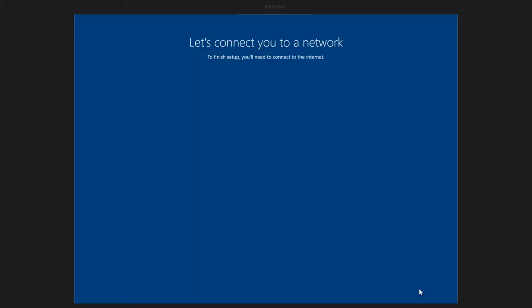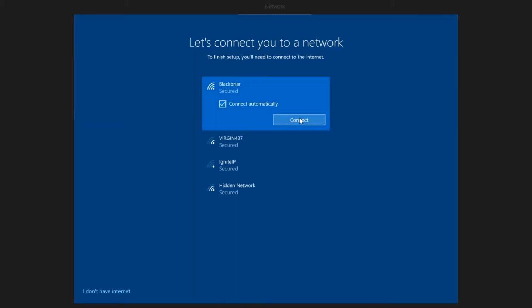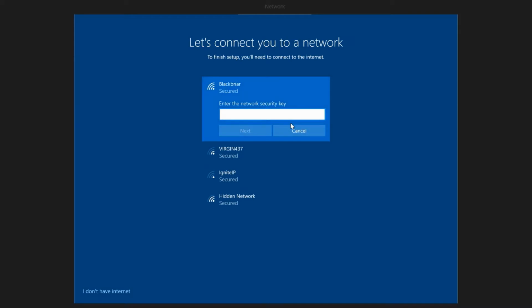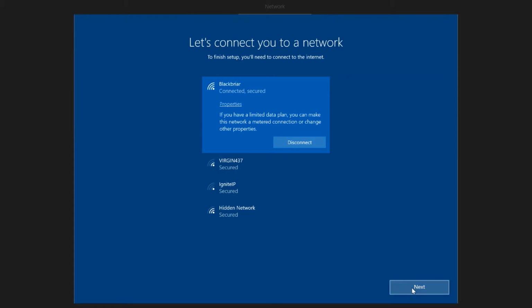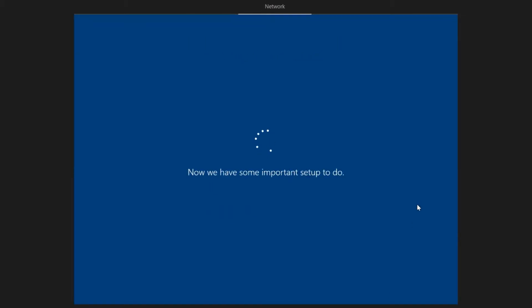Next up is where the Wi-Fi password comes in handy. Select the Wi-Fi you are going to be using and enter the password. Be sure to check the caps lock key, as capitalization matters and might be the cause of errors connecting. Once your Wi-Fi password is entered, Windows is going to go ahead and make sure that you have the latest updates before you start using your device. This is great to ensure that your device is secure and also has all the great benefits and features.